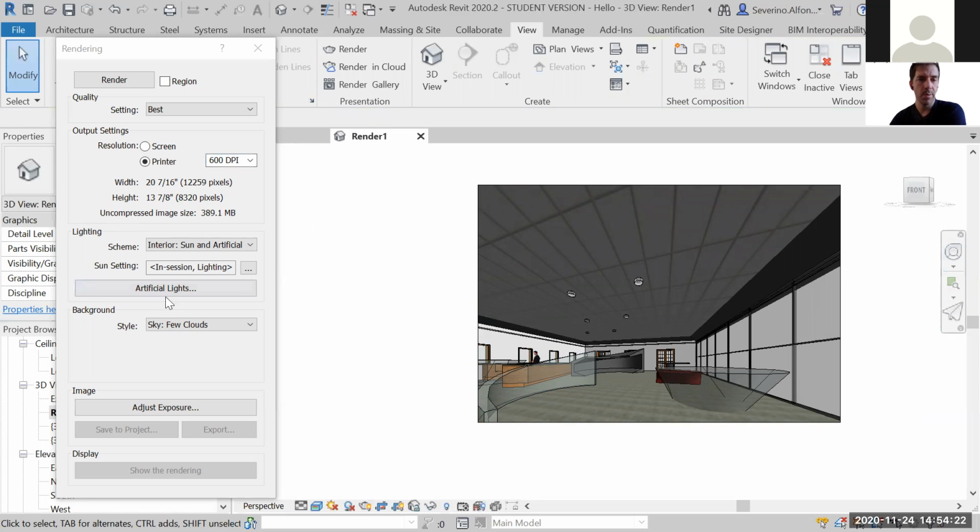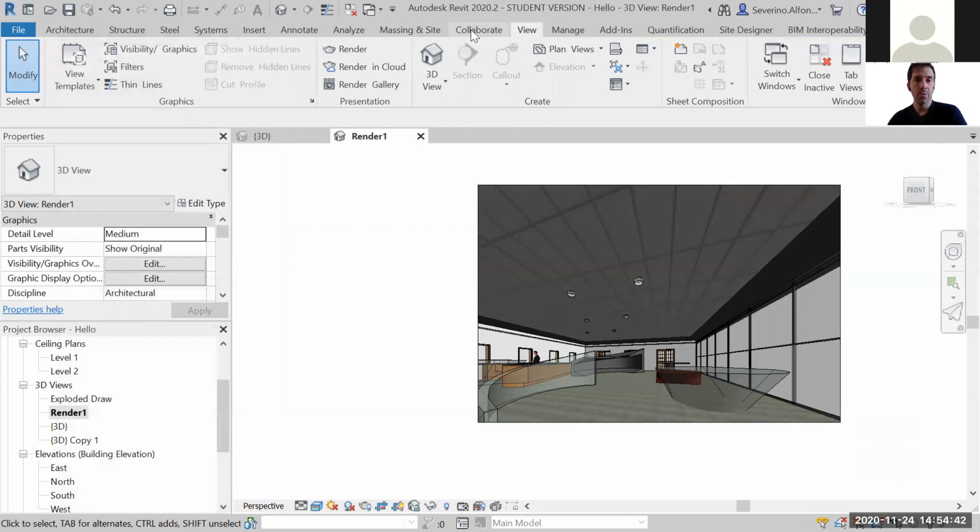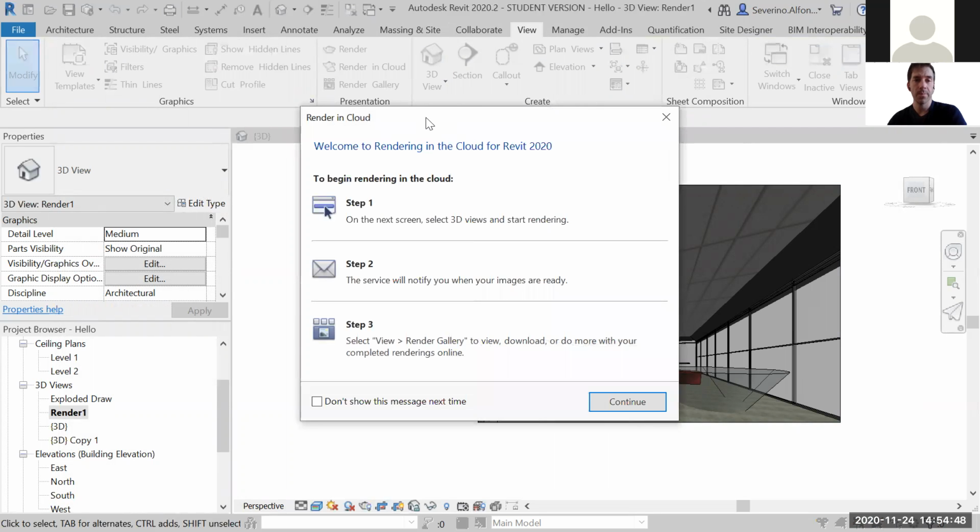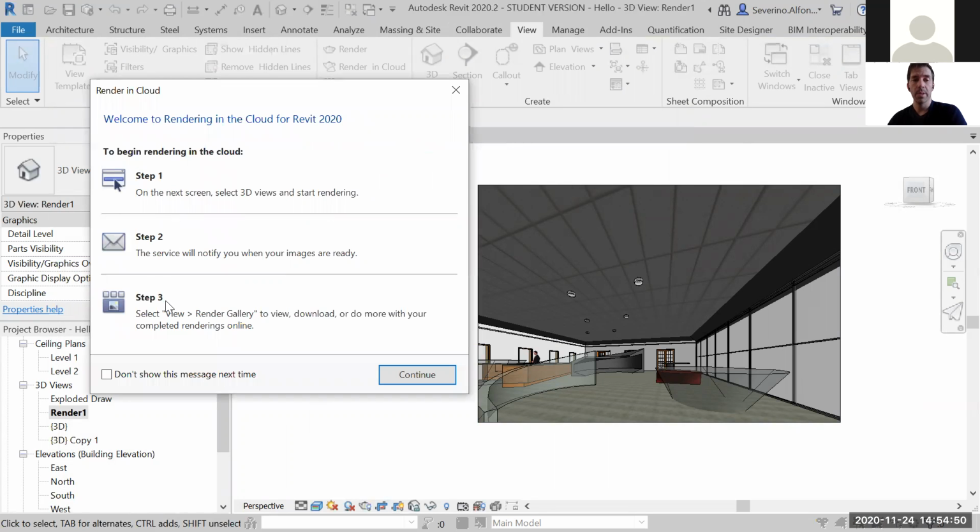Once you have these settings properly set, and with a draft or medium resolution, you send the rendering, it looks good. If it doesn't look good, you adjust exposure to make sure the lighting is good quality. Once all of that has been done, you put this to best or to high, close, and you go to view, rendering cloud, because otherwise it's going to take too long. Step 1, 2, 3, basically you're going to render through their Autodesk computers, and it's going to take less time. No? So just to resume,